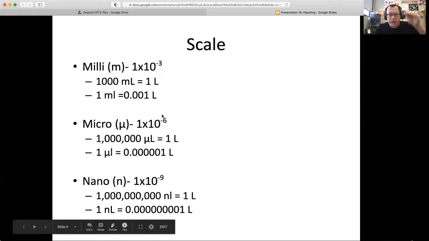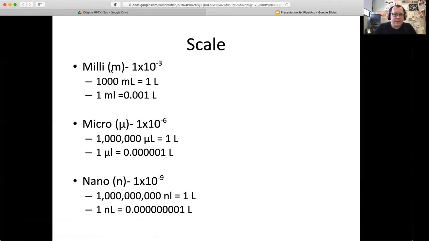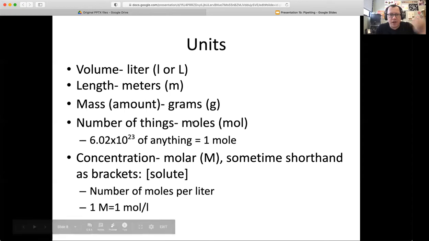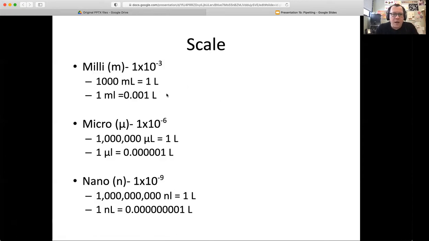So again, we can go big or small when we're talking about these things. Most of the time when we're in the molecular biology lab, we're going to be in the smaller realm of things. And so if we're looking at a milli, these are modifiers that we're going to put on any of these units to change what we're dealing with. When we're dealing with milli, we're talking about 1/1000th of something. So we can refer to that as 1 times 10 to the negative 3, or we can refer to that as